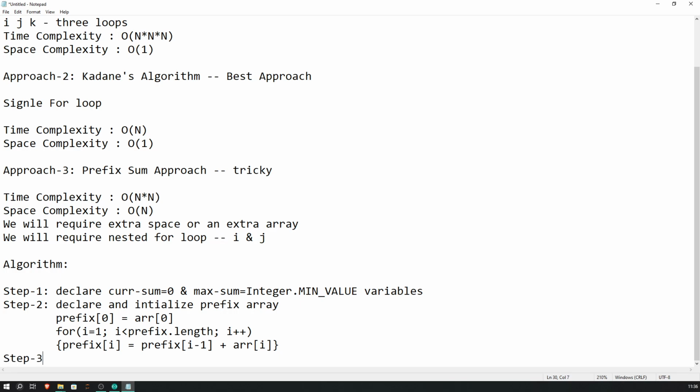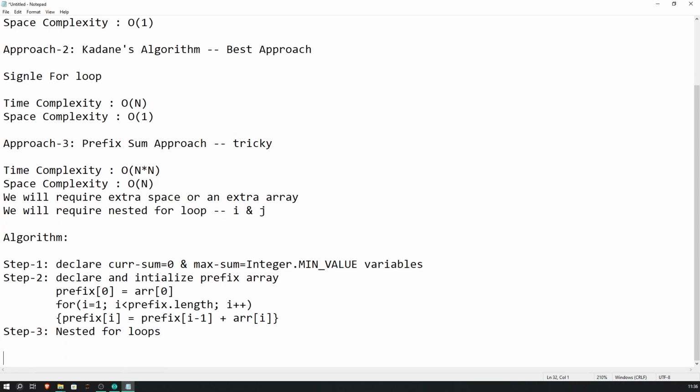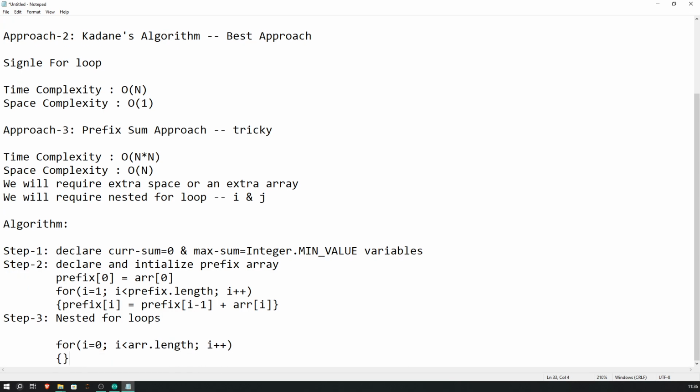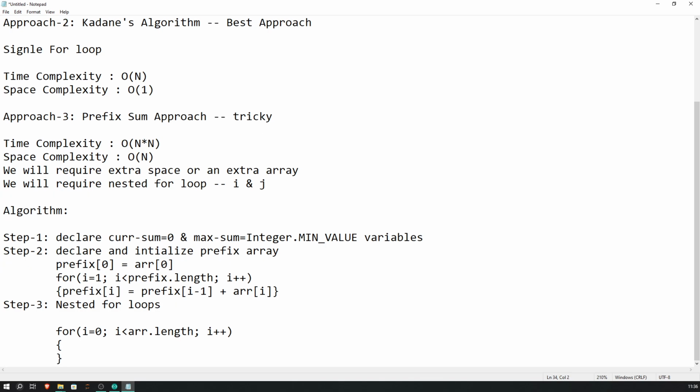ठीक है. Step 3. Step 3, nested for loop. ठीक है. Now how? Okay. So we will start our regular I, for I is equal to 0, I less than ARR dot length and then I plus plus, and then similarly what we will do is